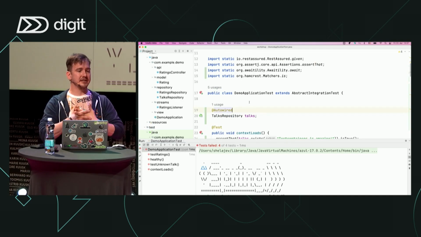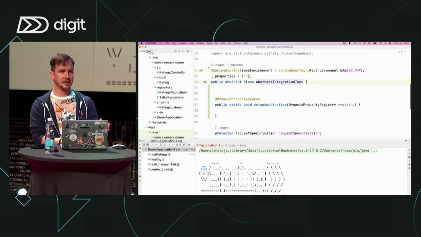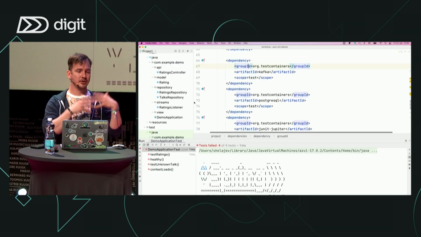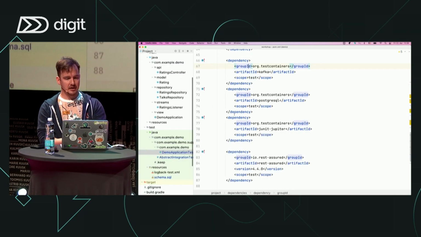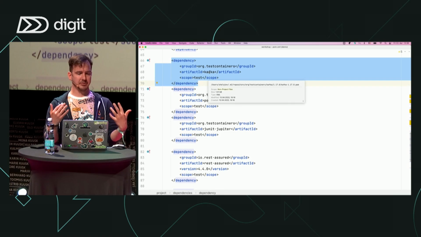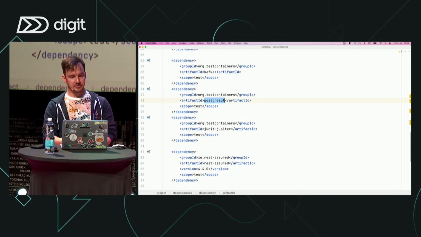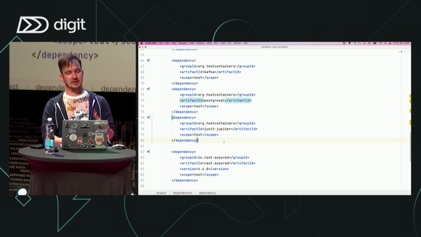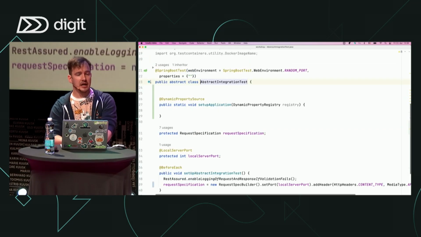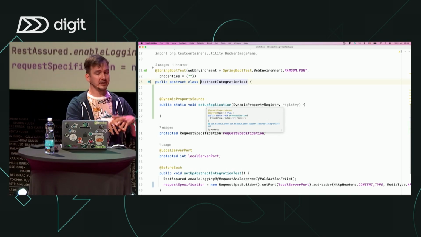So now we're gonna make this test pass, and we're gonna use the 10 minutes that we have left from the session to do that. So we need 3 components here, and of course, the first thing I need to do is import the dependencies, and I've already done so. So I have my Testcontainers Kafka module imported because we're gonna use Kafka. We have Testcontainers Postgres available for us as a dependency, and we also brought in the JUnit integration just for fun of it. So now we're gonna go to the abstract integration test, and we're gonna create our first dependency that we want to run in a Docker. That's gonna be,